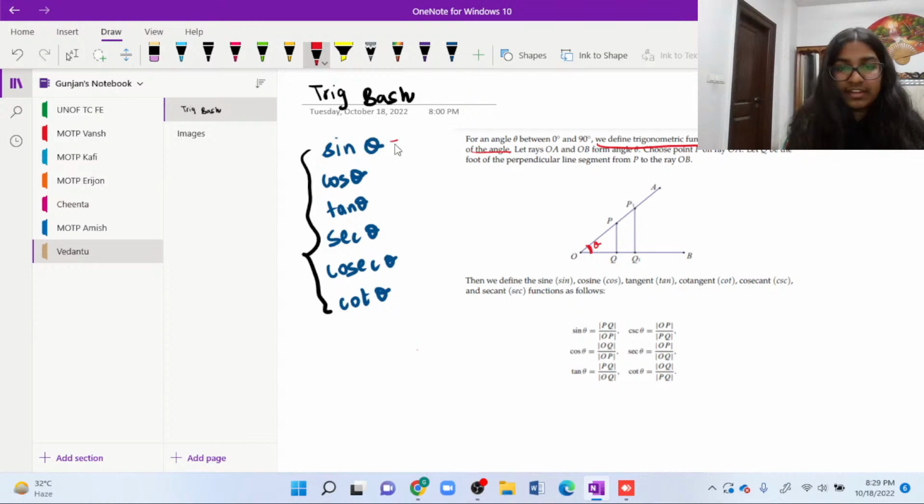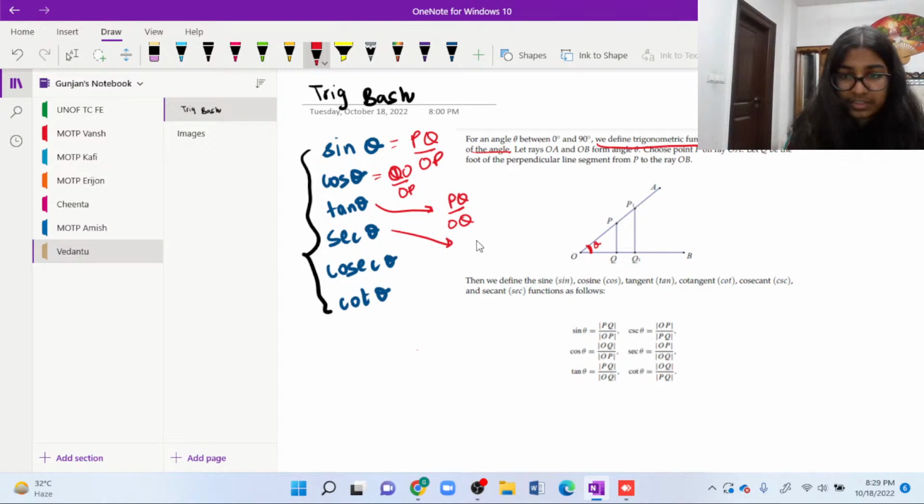We define sine theta to be PQ by OP, cos theta to be QO by OP, tan theta to be PQ by OQ, secant theta to be OP by OQ, cosecant theta to be PQ by OQ, and cot theta to be,